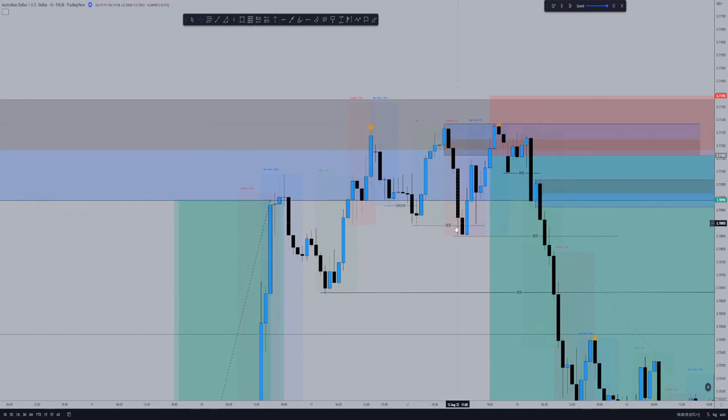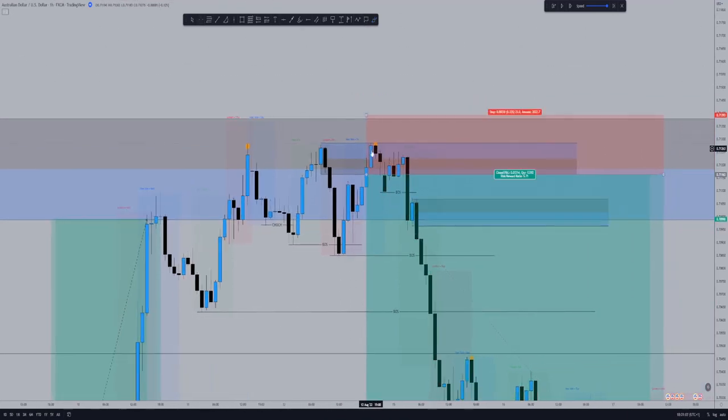So then we came down, we broke this structural low here after the change of character, which then led us to have this candle here as our order block candle for the supply within the 4 hour supply. So this is an hourly supply order block within the 4 hour supply